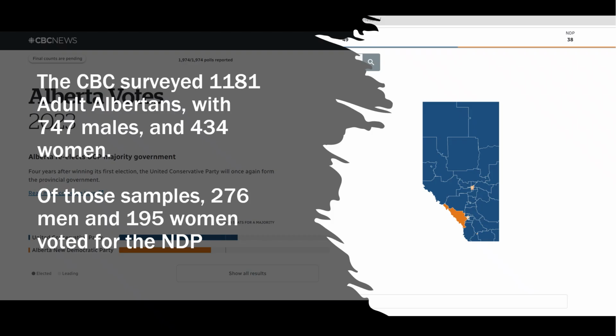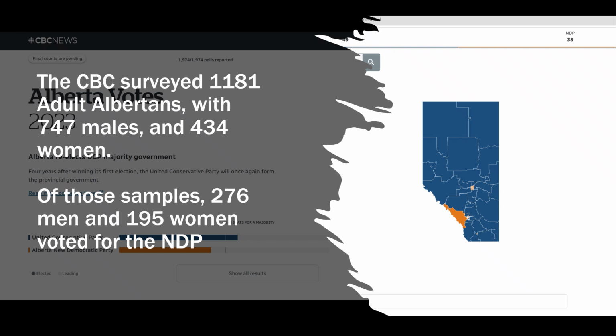and they report their margin of error. Statisticians often need to determine the proportion of a population that has a specified attribute. Some examples of that would be the percentage of adults that have health insurance or the percentage of cars that are imports. And in this example here, you can see that the CBC surveyed over 1,000 adult Albertans,